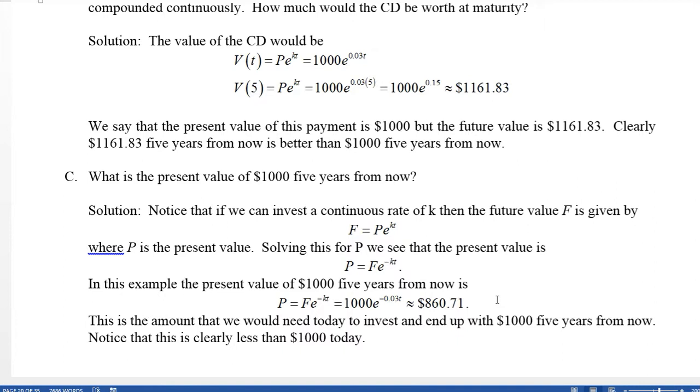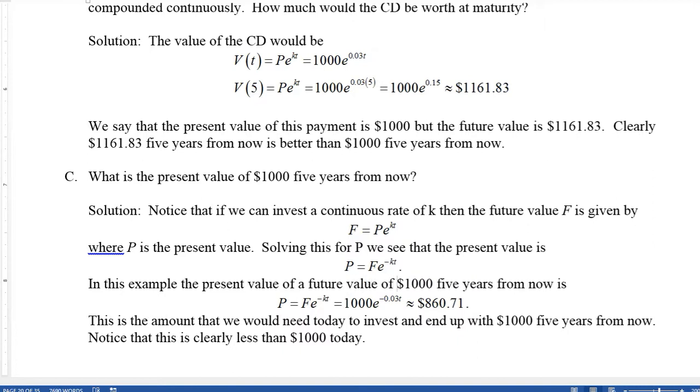So in this example, the present value of a future value of $1,000 5 years from now is given to be